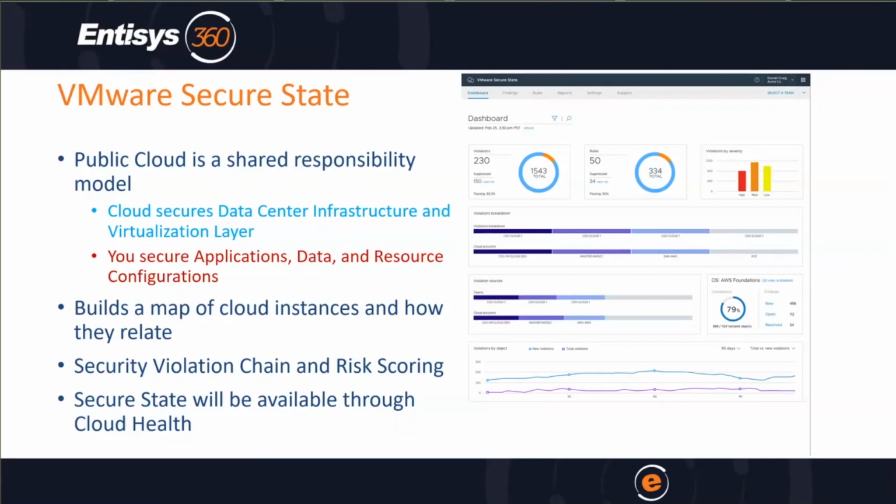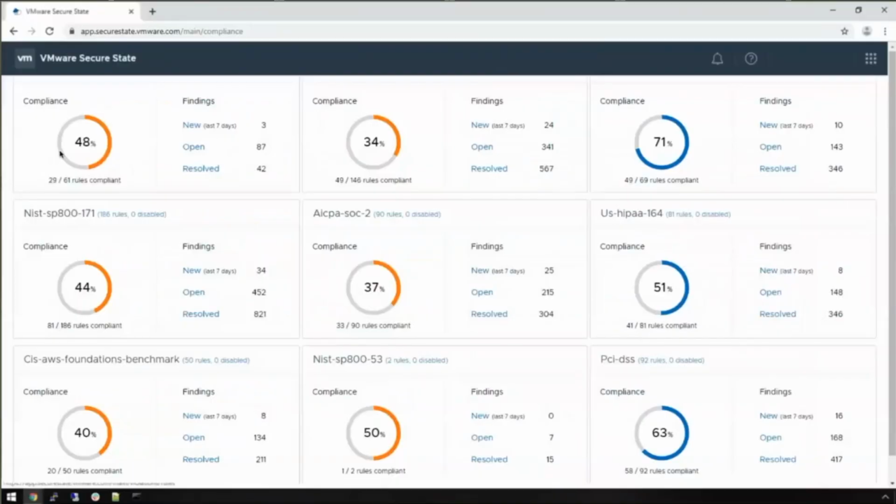So VMware Secure State will take this, create a map of how all of these different instances relate to each other, and introduce the idea of violation chaining and risk scoring, which I'll show here. But first, it's a compliance